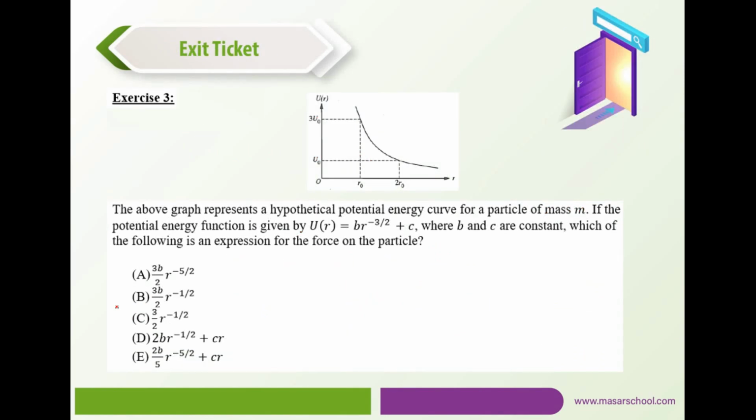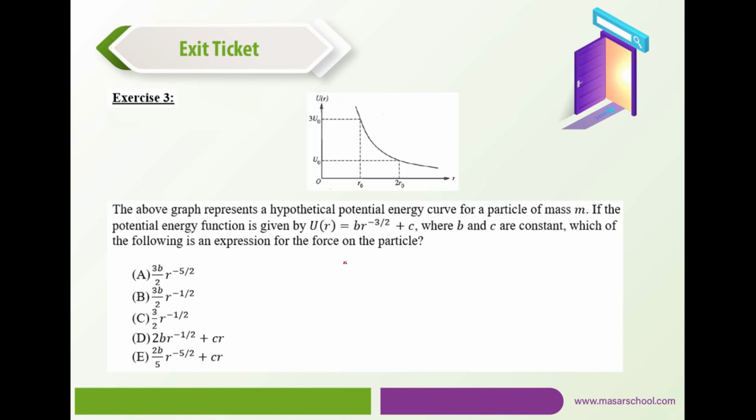Exercise 3, which is an exit ticket for today's class. The above graph represents a hypothetical potential energy curve for a particle of mass m. If the potential energy function is given by that, which of the following is an expression of the force on the particle? So this force is a conservative force because it's being associated with the potential energy,